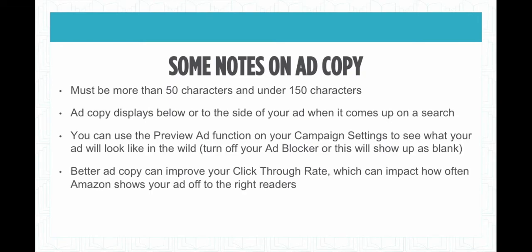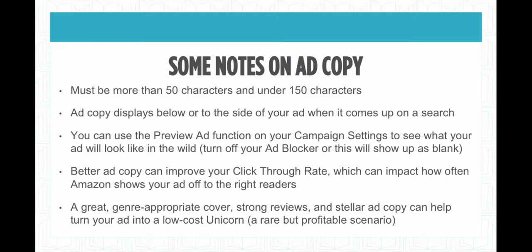Better ad copy can improve your click-through rate, which is a good thing because that is what Amazon uses to determine relevancy. This will impact how often Amazon shows your ad off to the right readers. Now, with everything combined, the best possible genre-appropriate cover, really strong reviews, and stellar ad copy, this can help turn